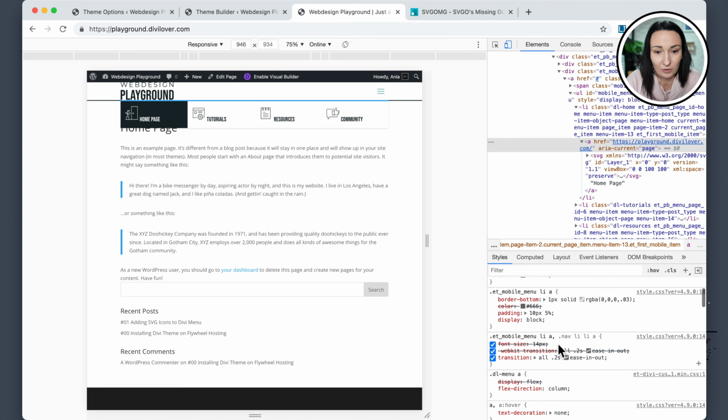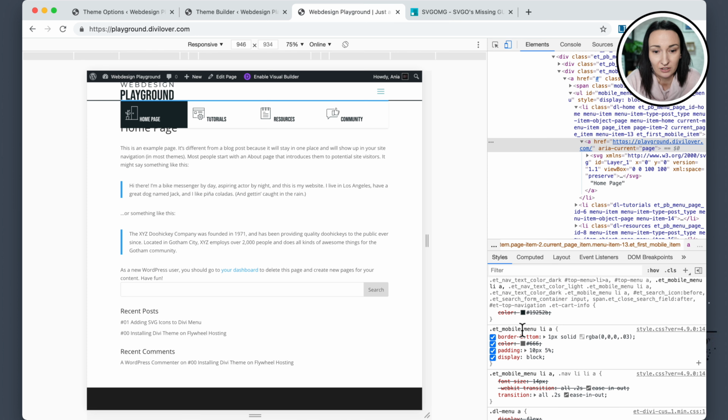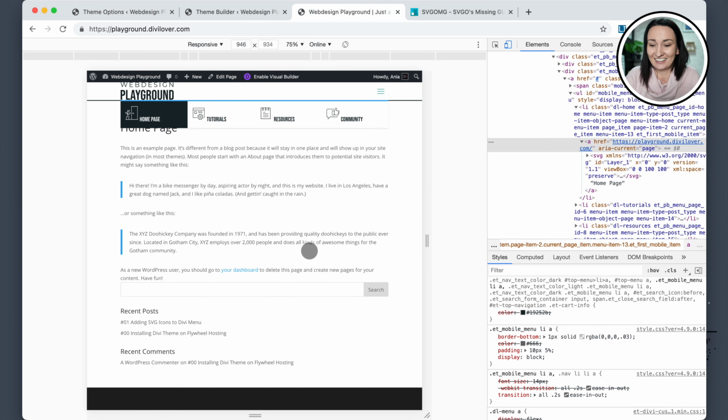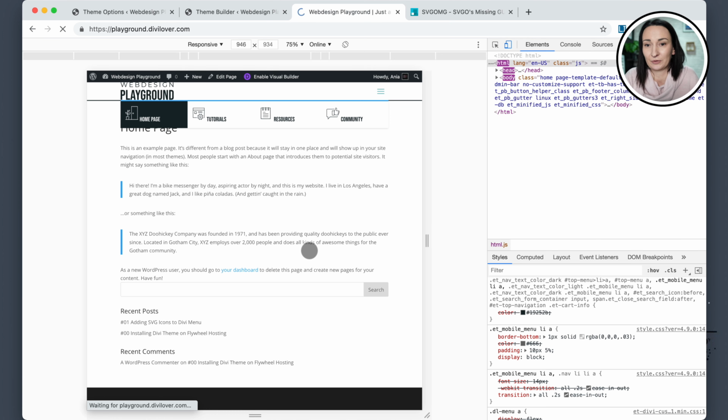Let's see why. Here we have display block. So we need to be a bit more specific in our selector. So not only DL menu A, but DL menu ET mobile menu li A. That was the original selector, that part, and if I add an additional class, that makes it more specific, and it should win. So let's save my changes here, and now if I refresh,